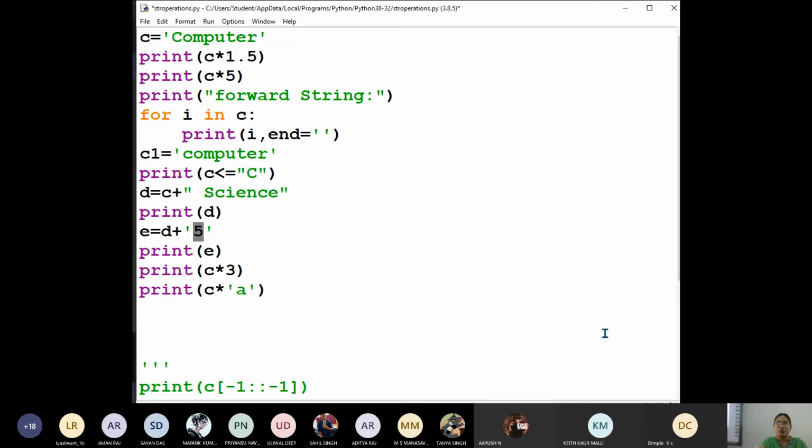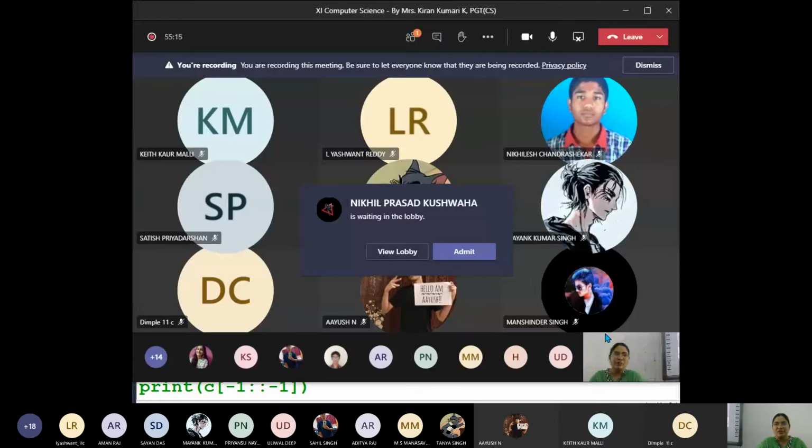Like if a vehicle number is there, with numbers in it, that is not 51. उसको कुछ arithmetic operations नहीं कर सकते हैं. Okay, are you all following?